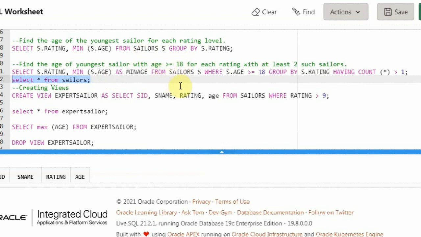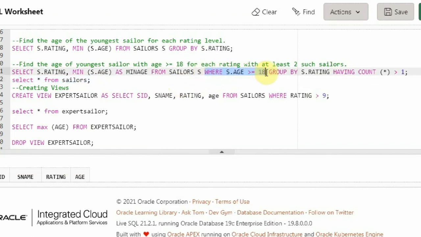So the first thing I need to do is remove him from the group. That condition I have written here, wherein I am saying age is greater than or equal to 18. This is the first filtration I am applying on the table. I am taking the sailors table and removing the sailors whose age is less than 18.